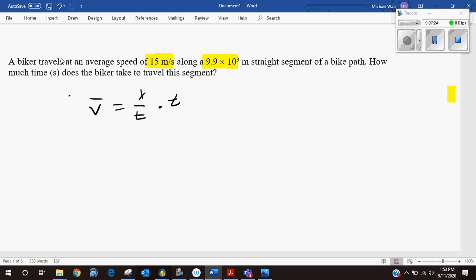But we got to get time out of the denominator there, and then get time by itself. So the time for this situation is going to be displacement divided by the average velocity. In this case, the displacement is